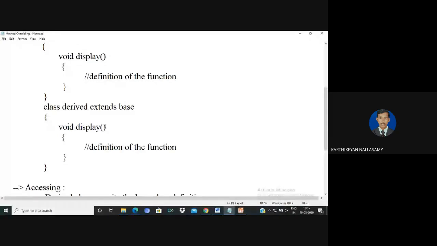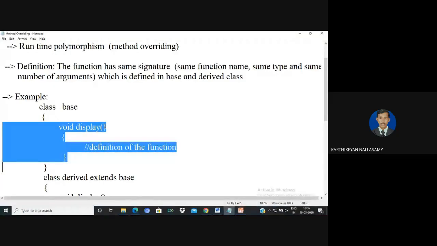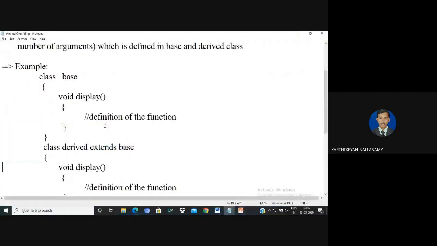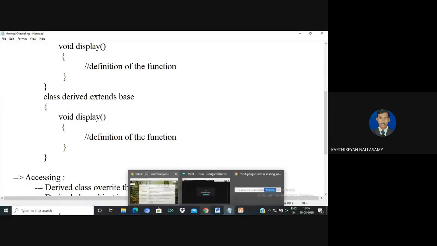This is called method overriding. It means the derived class overrides the definition of the base class; the definition of the base class is hidden, overridden by the definition of the derived class.